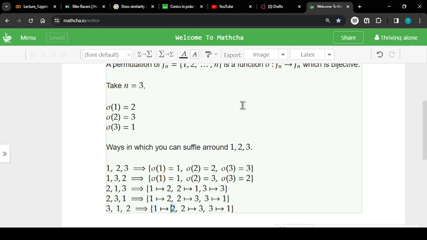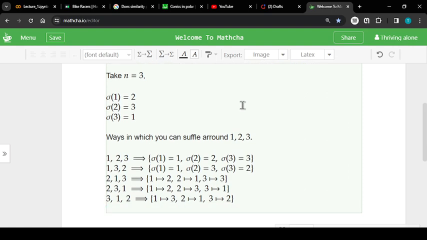See, the first position is given to 3, the second to 1, and the last one to 2. There are no fixed points in this permutation. Everything is shuffled, right? Next is what? 3, 2, 1 maybe. Try that. 3, 2, 1. You should get,